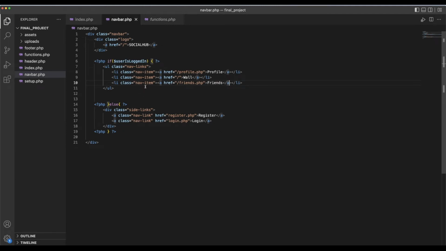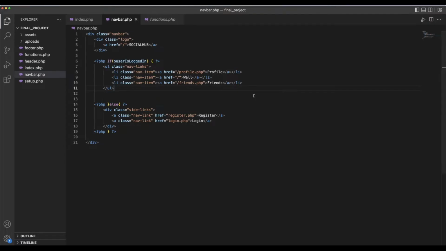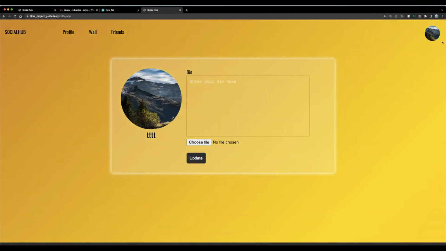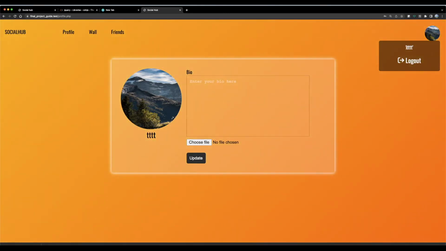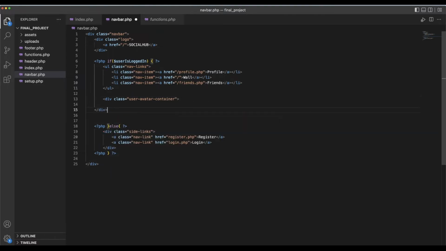That's looking good. And then we also have something else. We have this that appears on the right side. So that's the image right here. And then if you hover over the image, you get this drop down right here, or this box or container which has the name of the user and then the logout with an icon. So to do that, we'll do div class user avatar container, and then we'll do div class user avatar,